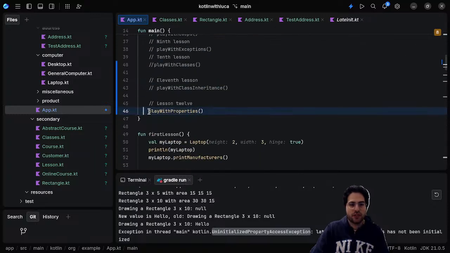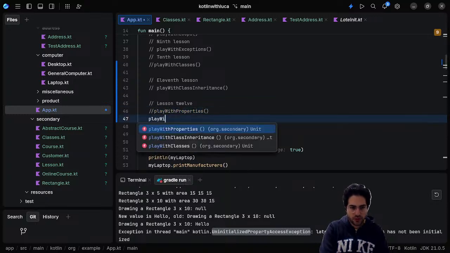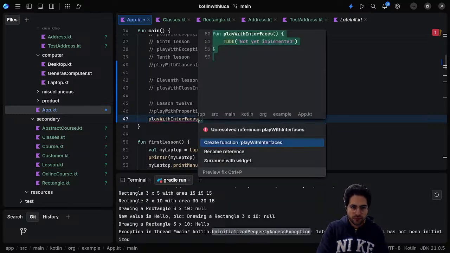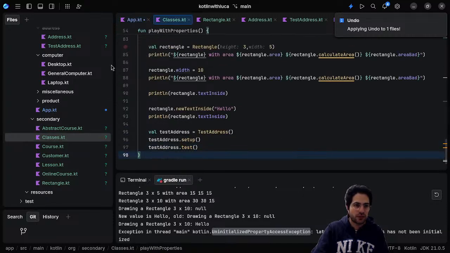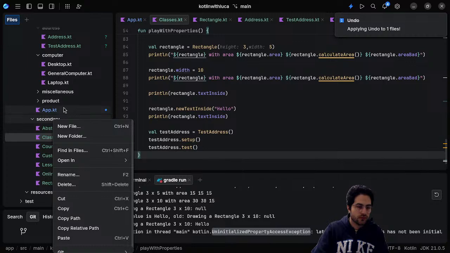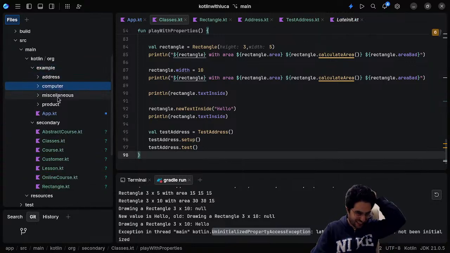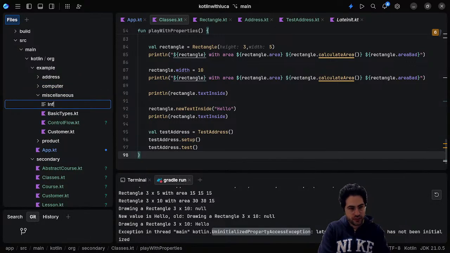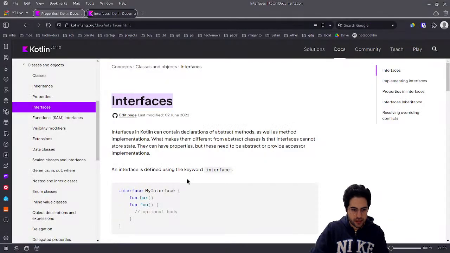Where is our example here? So let's say play with interfaces, create a function. Yeah, we could say I want to create it here, interface.kt, and now